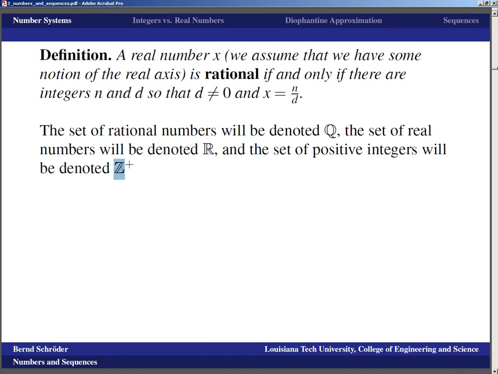And if you're wondering about the Z, well, the word integers doesn't start with Z. We know that. Z stands for the German word Zahlen, because apparently the notation was invented in Germany, I would think, and then taken over by other mathematicians here. Otherwise, we would probably call these things I, but once something has become fairly customary in mathematics, we stay with it. Okay, so positive integers are Z+, and